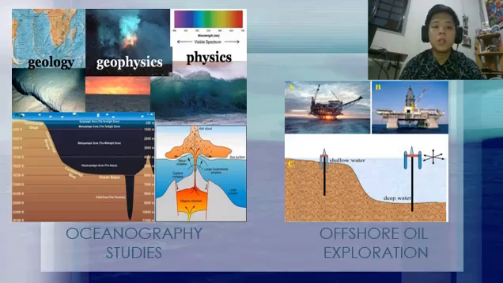offshore oil exploration. Oceanography studies is typically divided into four subdisciplines: physical oceanography, which is the study of waves, currents, tides, and ocean energy; geological oceanography, which is the study of the sediments, rocks, and structure of the seafloor and coastal margins; chemical oceanography, the study of the composition and properties of seawater and how it is affected by physical mixing processes and interactions with the seafloor, the atmosphere, and ocean life; and lastly, biological oceanography, the study of marine organisms and their interaction